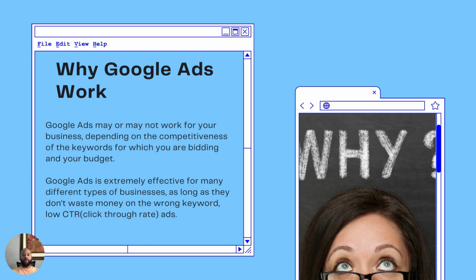Why Google Ads work? Google Ads may or may not work for your business depending on the competitiveness of the keyword for which you're bidding and your budget. For example, if you are an attorney in Los Angeles, California, and you have a $1,500 a month budget, but each cost per click costs $500, that means that you've burned your monthly budget out with 3 clicks. So this may not be an effective way for you to advertise your business. But Google Ads is extremely effective for many different types of businesses, as long as they don't waste their money